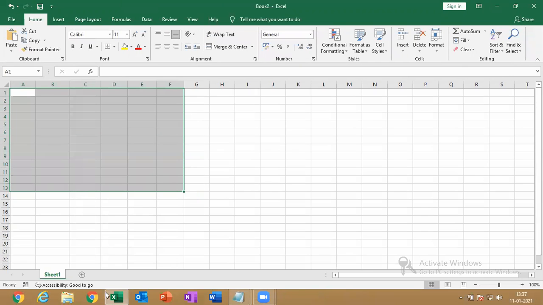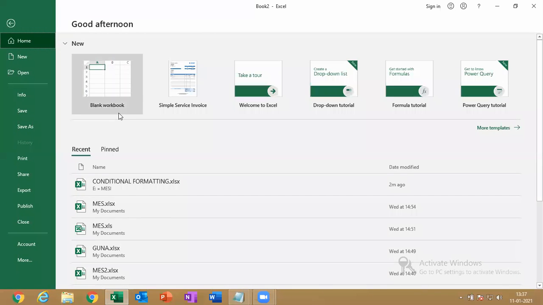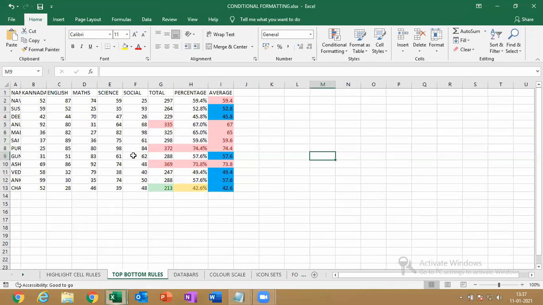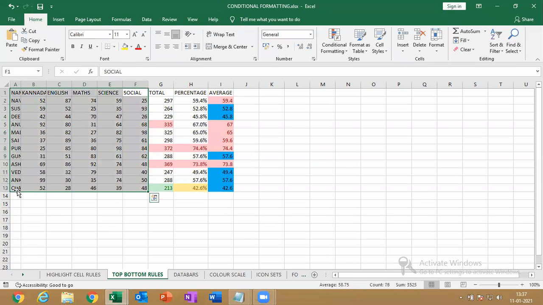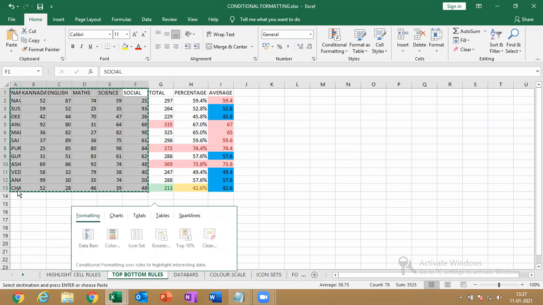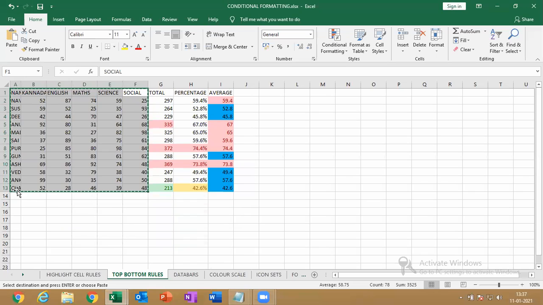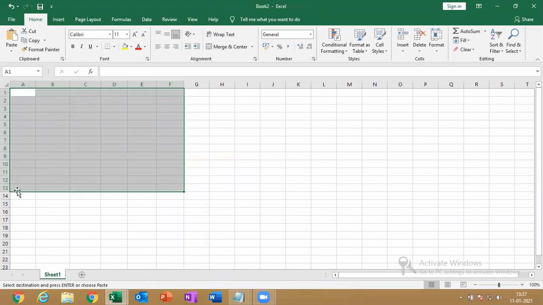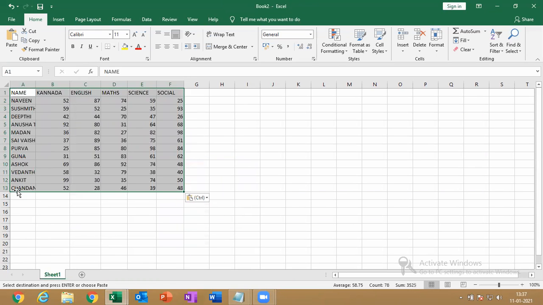Okay, I'm going slow only. Just follow it. See, whatever data we have created in the last class, select the data, Control C, go to a new workbook, Control V. You are getting it, Susmita?